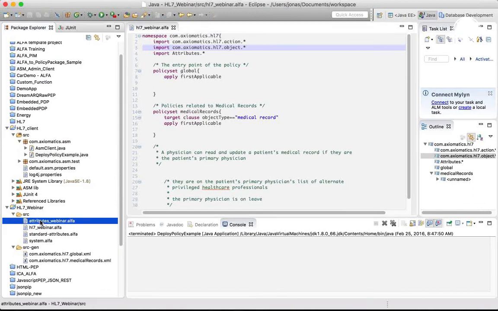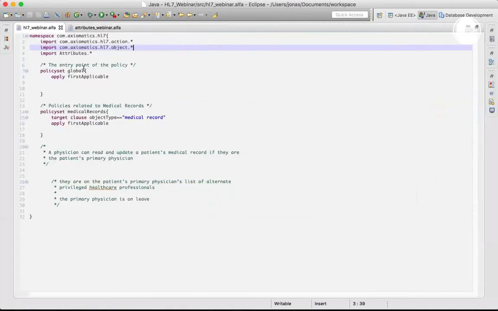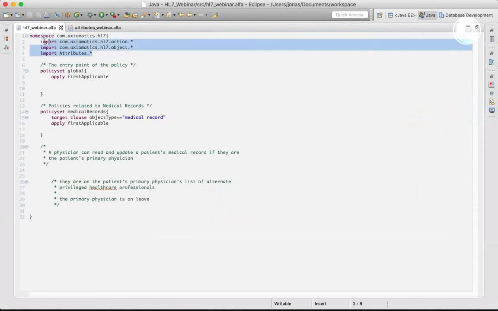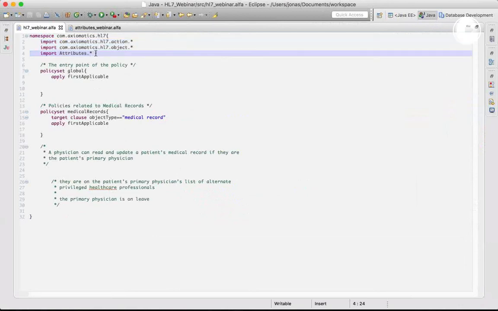So I've somewhat cheated a little bit here, just a little bit, not too bad. We should open this file too. I have started the basis of this policy just in order to save some time, and I'll walk through the structure here. It begins with a namespace, and the root namespace here is defined as com.axiomatics.hl7. I do a couple of imports here, essentially to import some of the attributes that I've already defined, and these attributes reside within different namespaces. The bottom one here that looks different is importing the standard attributes that come with the XACML